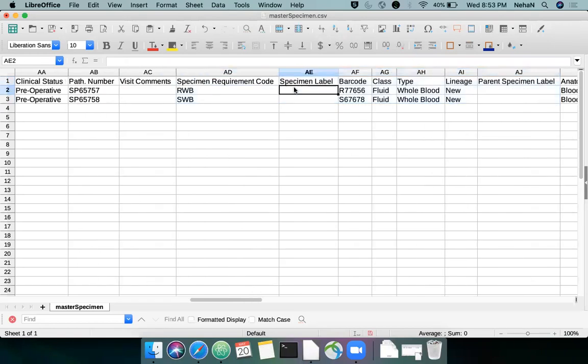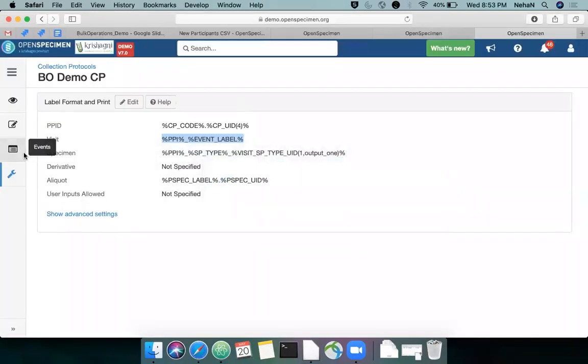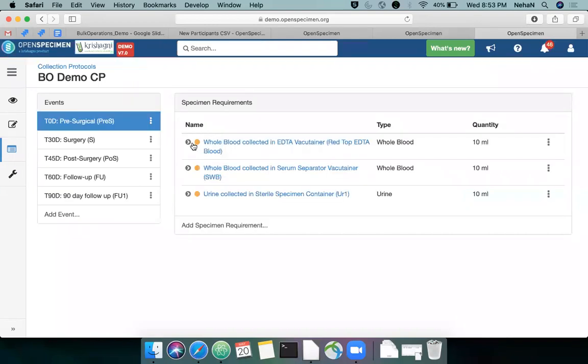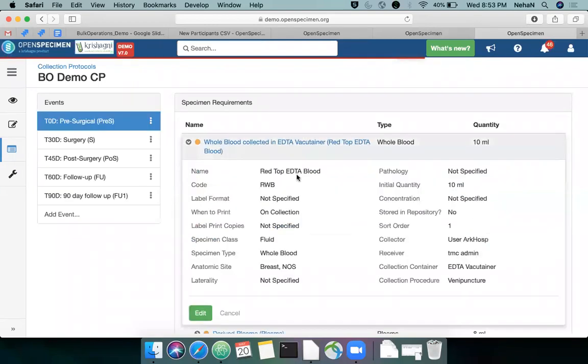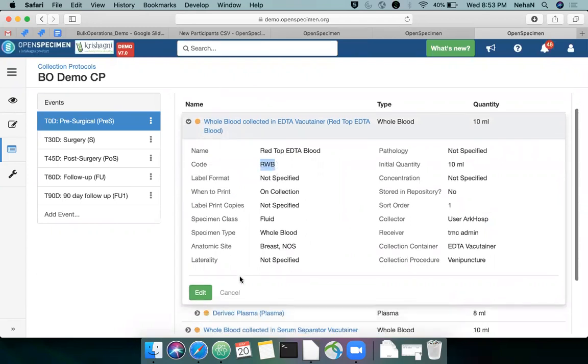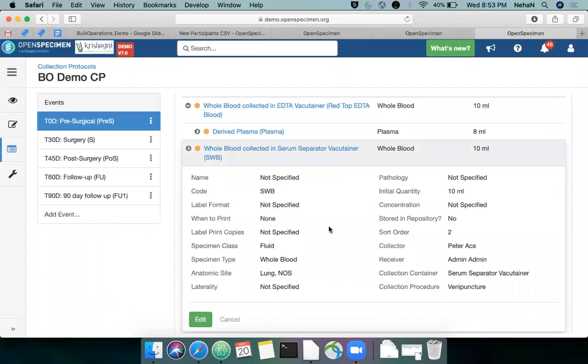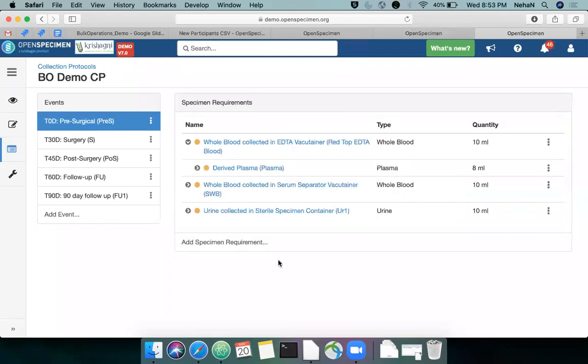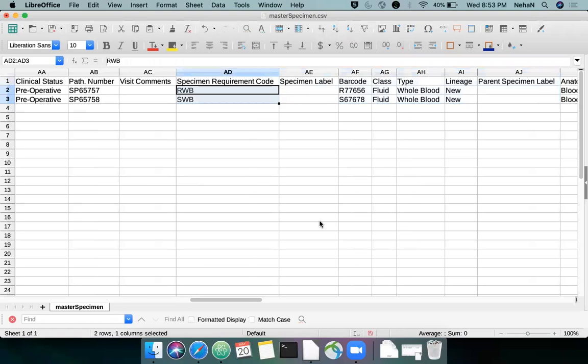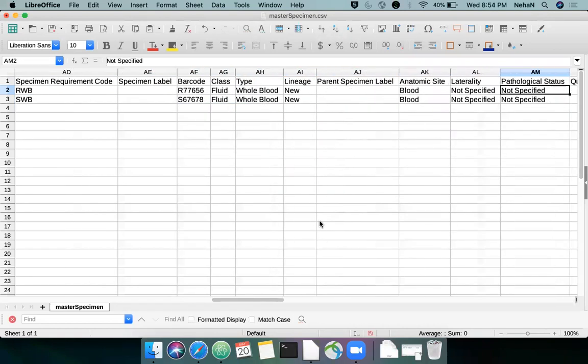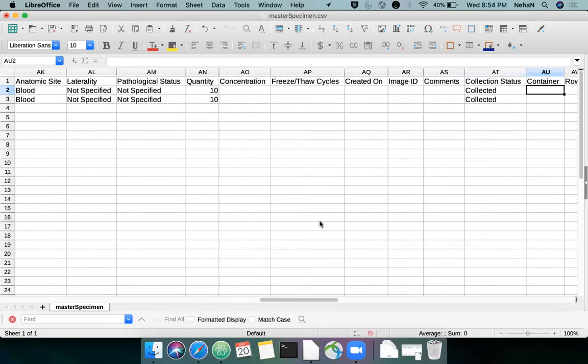I haven't given any label. I want to map it to the requirement. If I go back here, I'll show you the requirement code. So this is my red top whole blood, EDTA whole blood, and this is my serum separator whole blood. Whole blood collected in the serum separator tube. I've given other details over here: fluid, whole blood, lineage new, and the other properties.